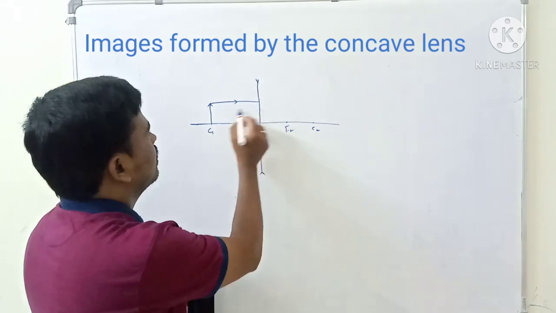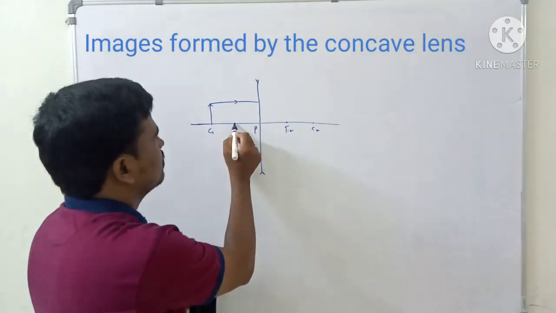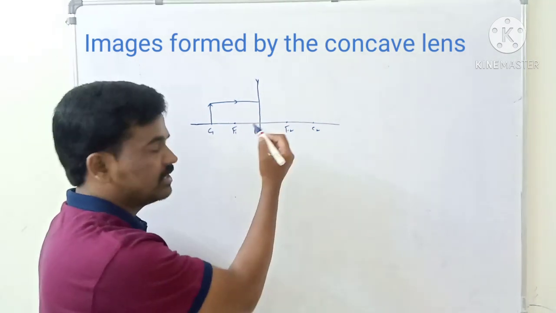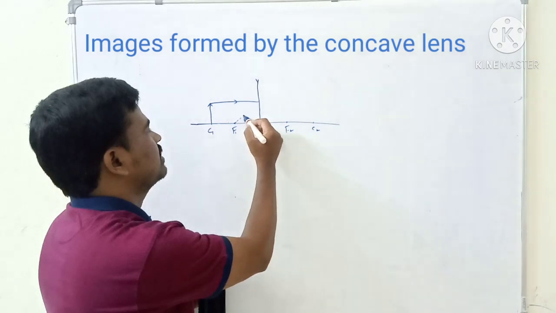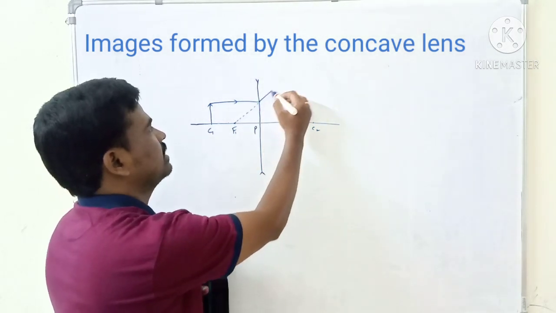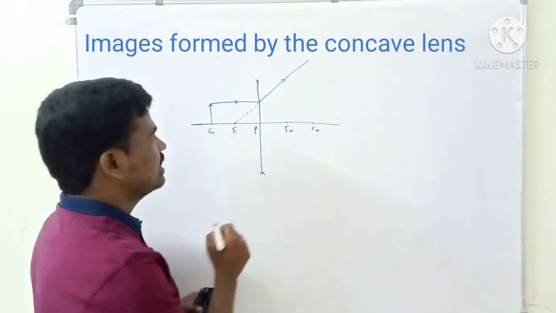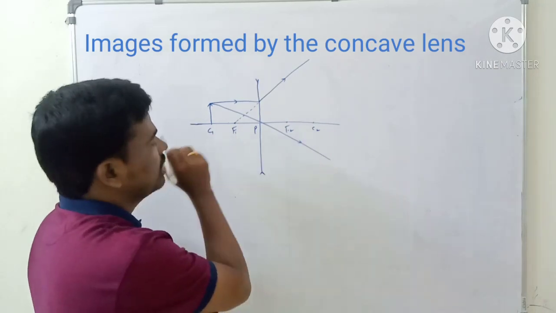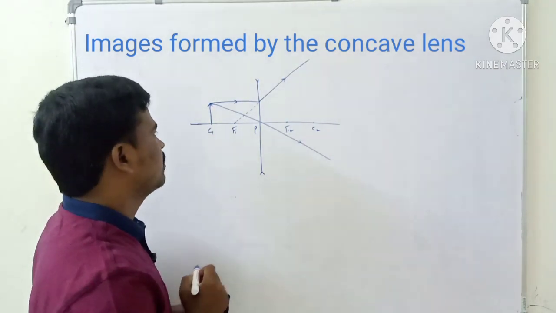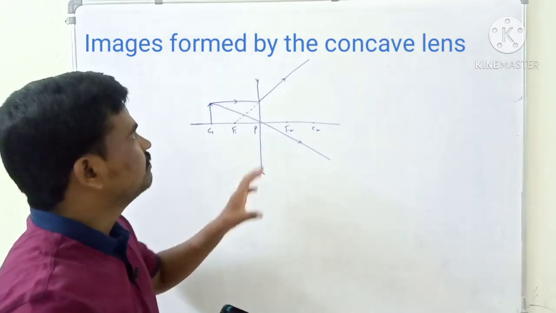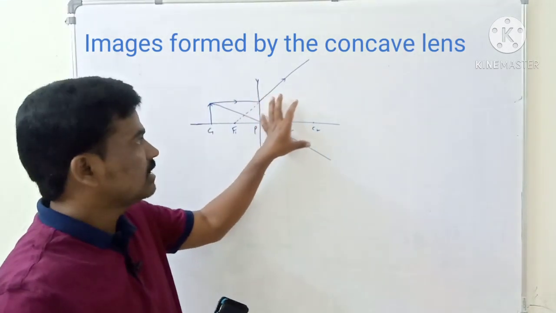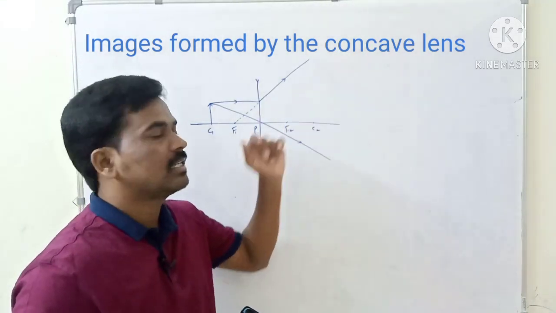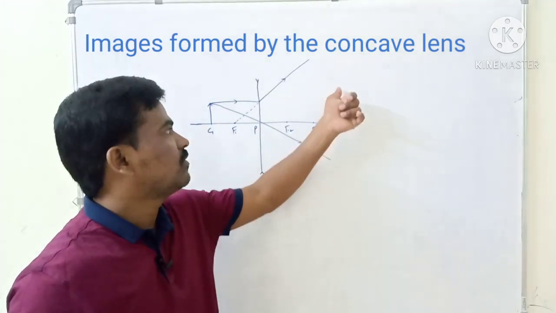The parallel ray, which is parallel to the principal axis, goes into the concave lens and that's why it diverges. It seems to be coming from the focal point, and it diverges like this. The next ray is the ray going to the optic center. That doesn't deviate at all. So now you understand the rays are diverging. That means on this forward side they are not going to intersect, so we don't find the image on this side.